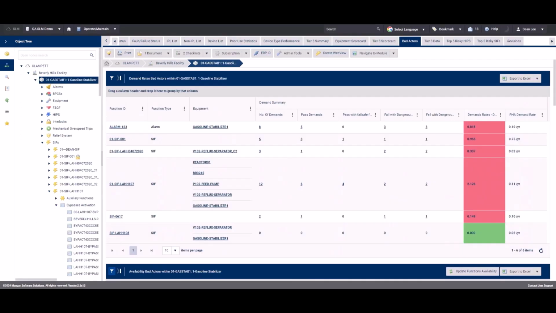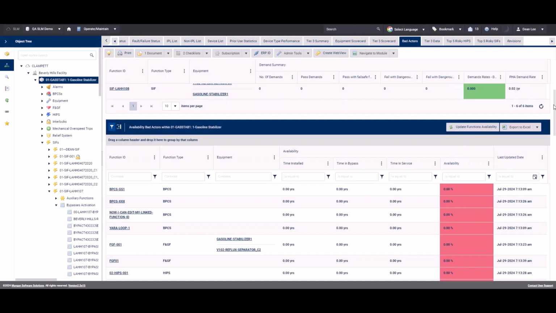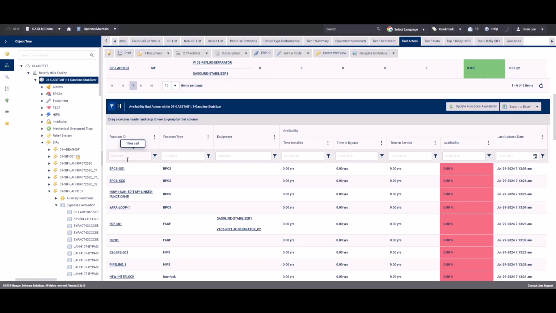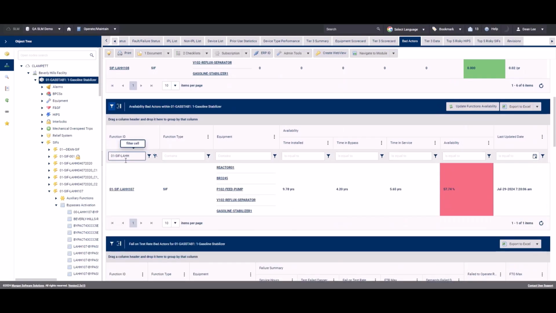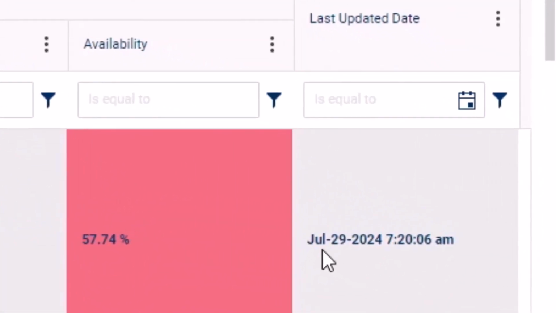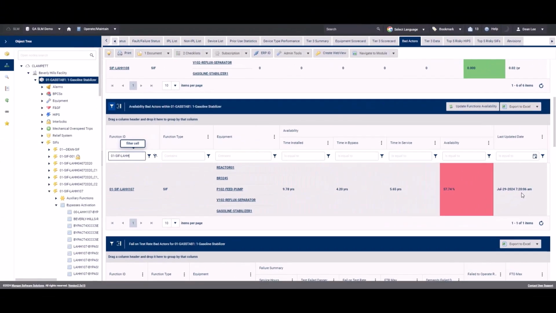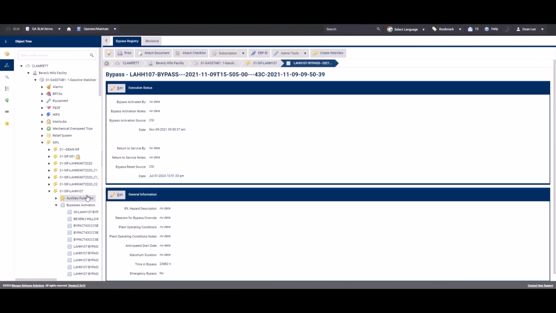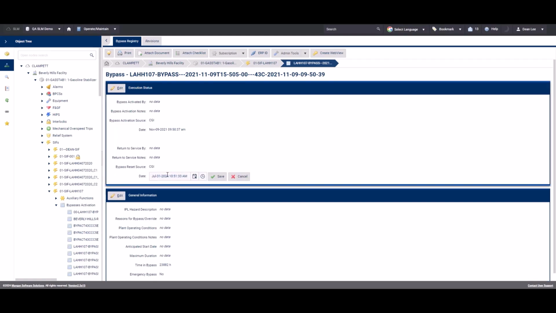So if we come to the operate and maintain module, come to a unit and the bad actors tab. If we scroll down to the availability bad actors, and we use this CIF 01 CIF LAH 107, we can see that the last updated date was the 29th of July 2024 at 7:20 AM. If we then come to one of the bypasses within that CIF and we change the bypass activation date,